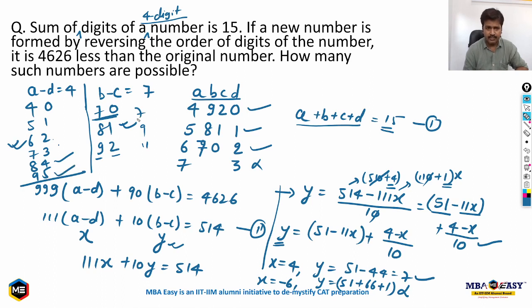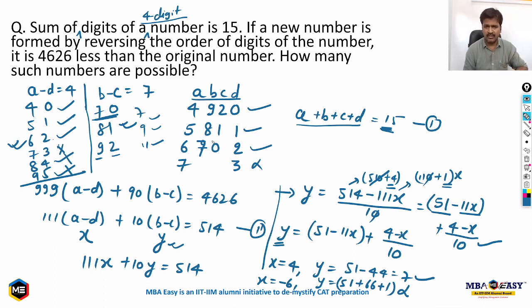9 + 5 14 है, तो 14 के साथ भी देखिए 1 चाहिए सिर्फ, 14 + 1 15, बिकॉज चारों डिजिट का सम 15 आना चाहिए, तो 2 ही डिजिट का सम 14 आ गया ए और डी, और 2 डिजिट का सम 1 आना चाहिए, तो 1 तो कहीं है ही नहीं, बाकी 2 डिजिट का सम या तो 7 है या 9 है या 11 है, तो यहाँ पे भी नहीं मिलेगा, सिर्फ यहाँ मिलेगा, यहाँ मिलेगा और यहाँ मिलेगा, ठीक है? तो 4 0 के साथ 9 2 गया, 5 1 के साथ 6 8 1 गया, और 6 2 के साथ 7 0 गया।